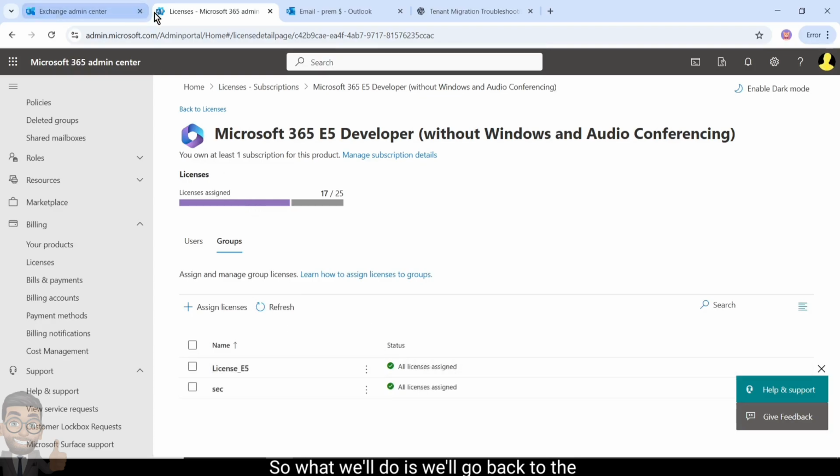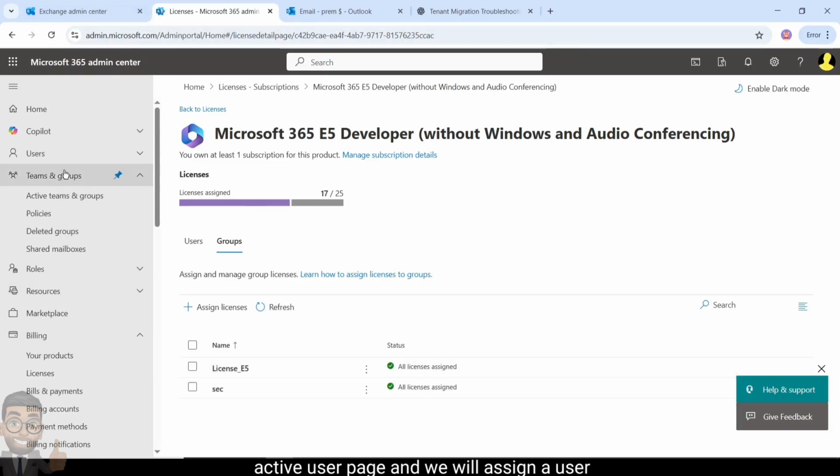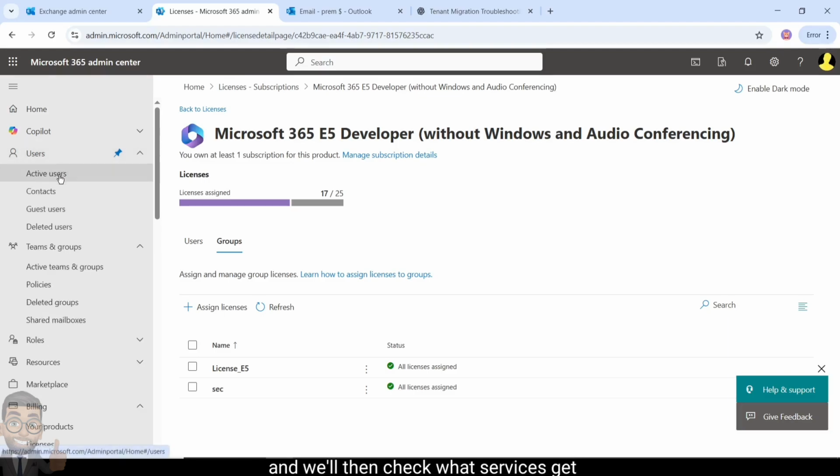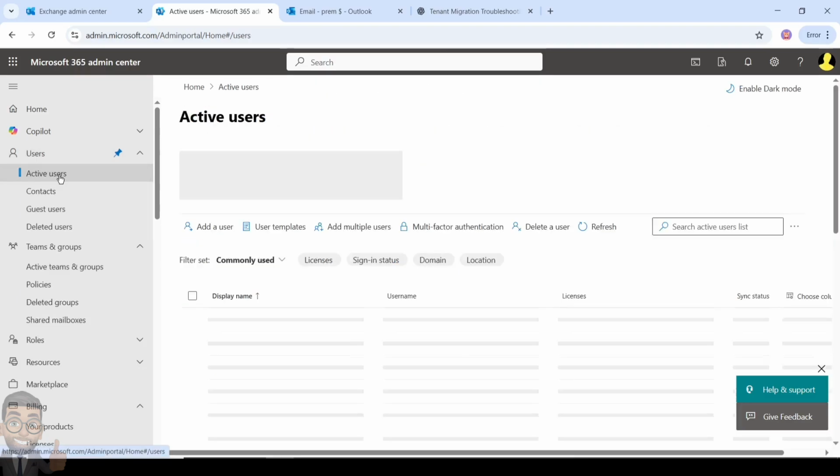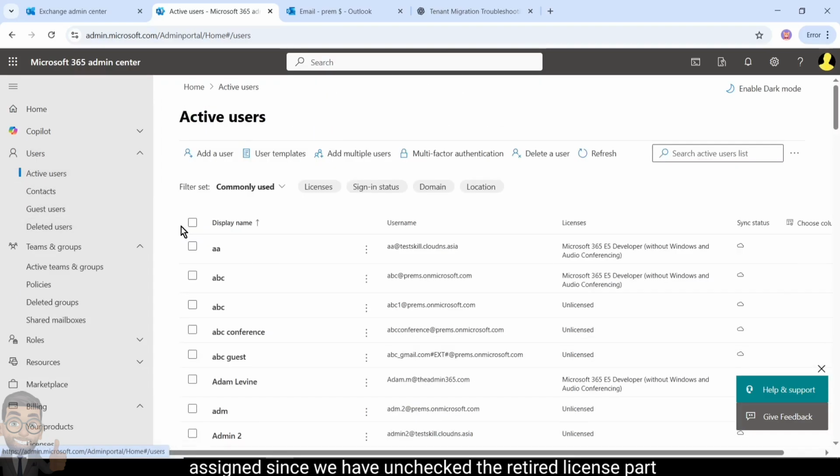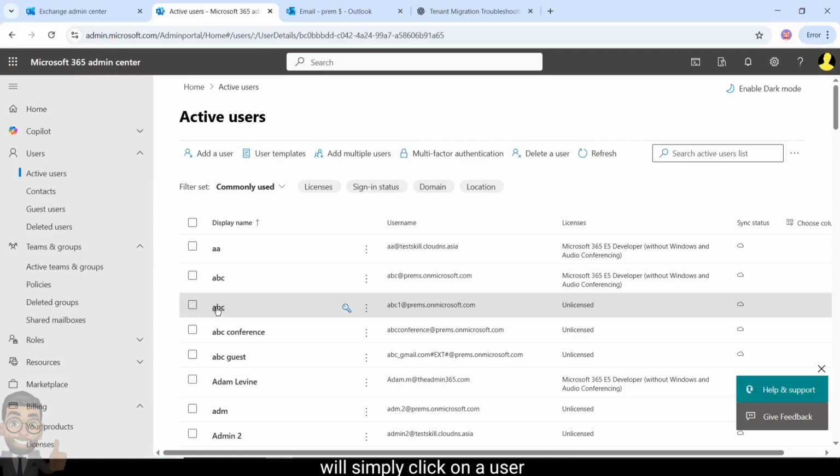So what we'll do is we'll go back to the active user page and we will assign a user license using this group, and we'll then check what services get assigned. Since we have unchecked the retired license part, we'll see whether it replicates to the user as well. So I already have a few users created here. I will simply click on a user,